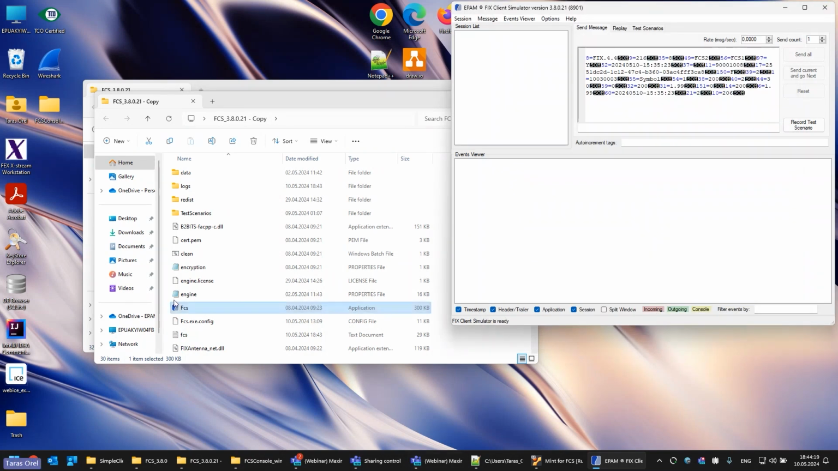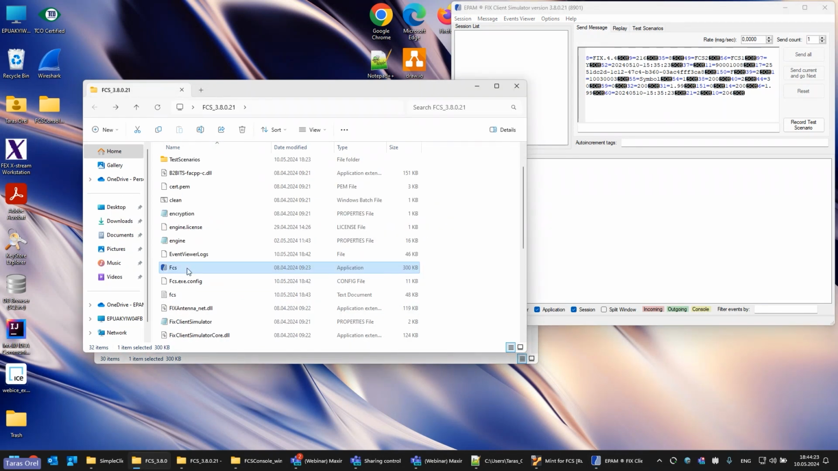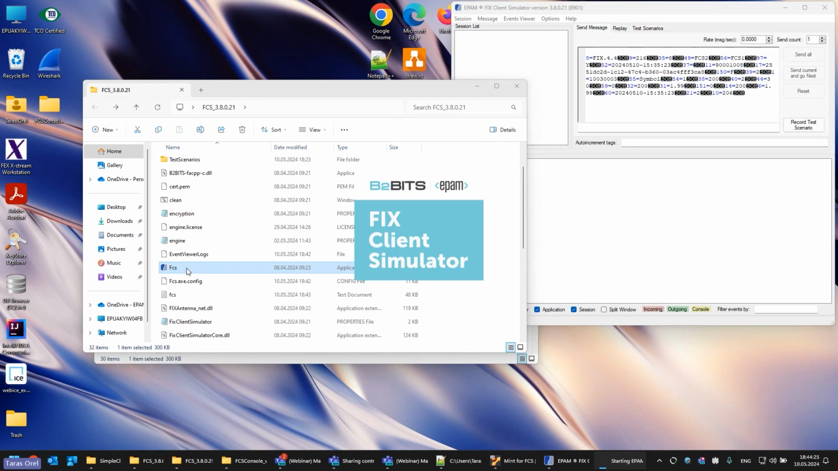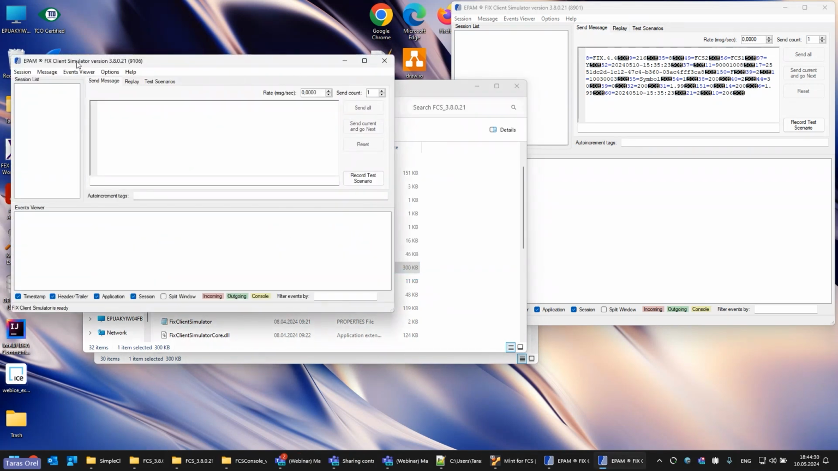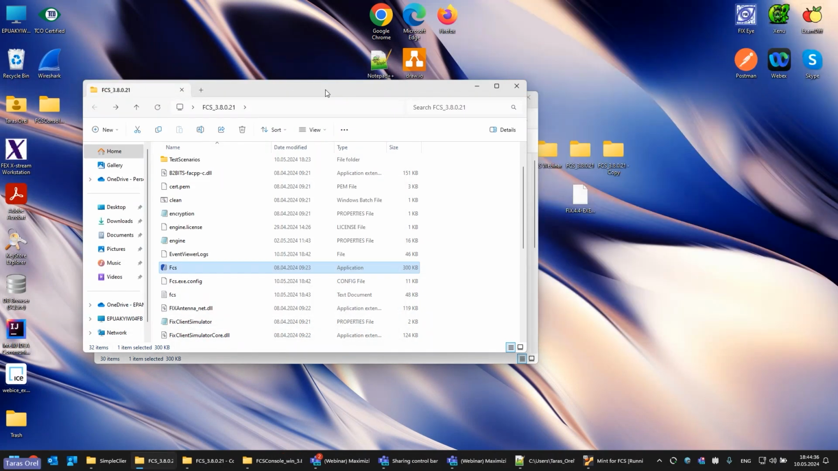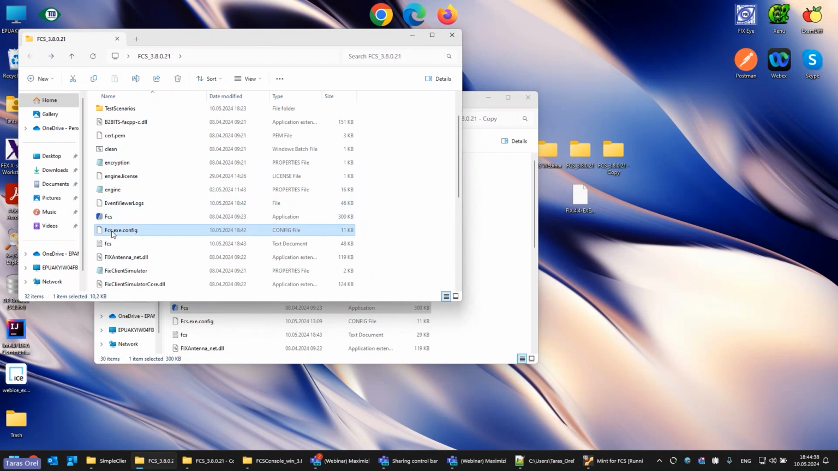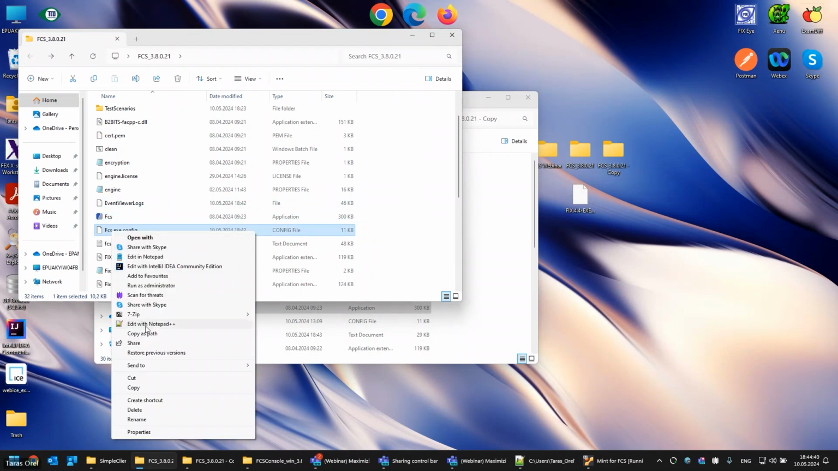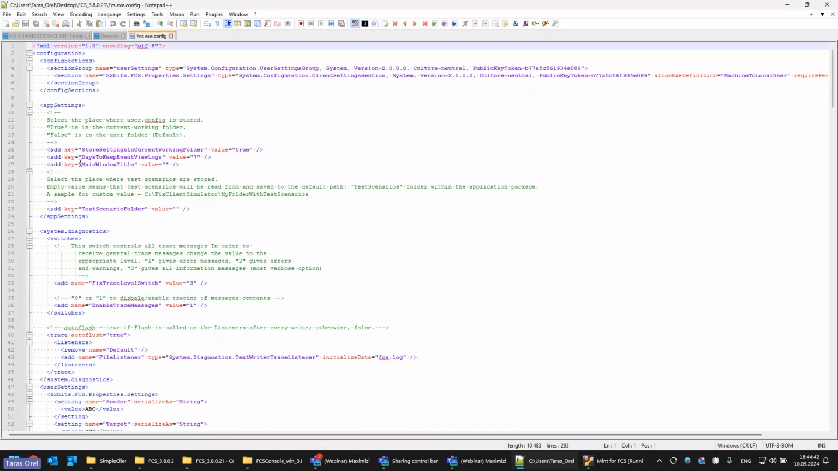Next feature is the possibility to customize the window title of Fixed Client Simulator. So now you can see that both my copies have the same window title. I will close them, and in the same FCS exec config file, I can set the window title. Let it be first